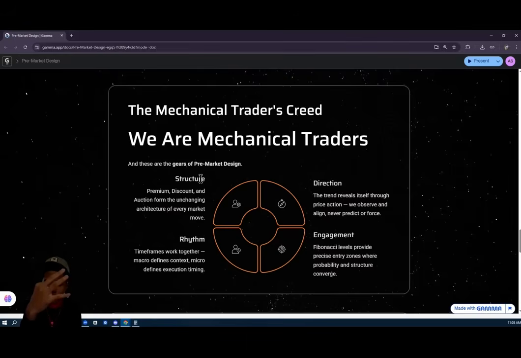Engagement: Fibonacci levels provide precise entry zones where probability and structure converge. Fourth, rhythm, time frames. Time frames work together. Macro defines context and micro defines execution timing. When you incorporate all of these four things, you should have no reason why you're unprofitable unless it's just your mindset. But outside of the mindset, if you know how to incorporate proper risk management,